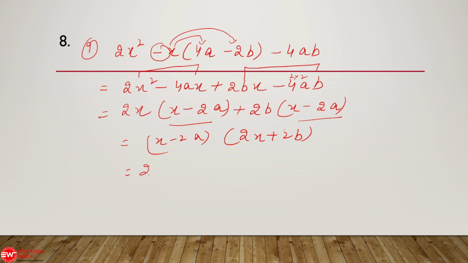So I will take, sometimes many students are saying that we have taken this 2 common here, why are we not writing it here? We are writing it here. You can write it in any way. The reason is, 3 into 2 is also 6, and if I write 2 into 3, this is also 6. So in multiplication it doesn't matter where you write it, everything is multiplied here. Here also multiply, here also multiply.